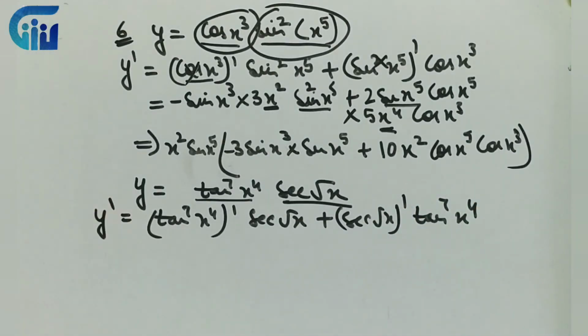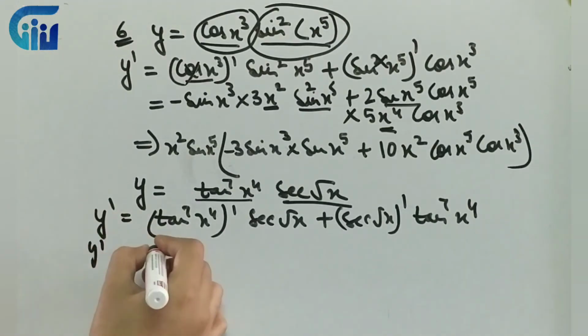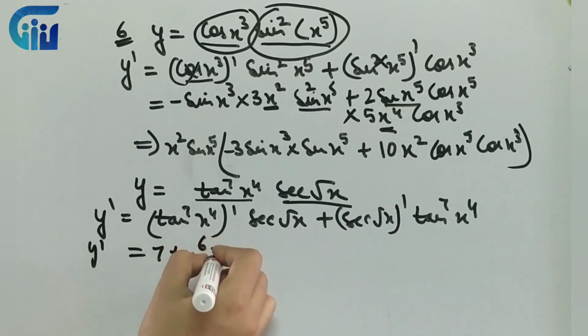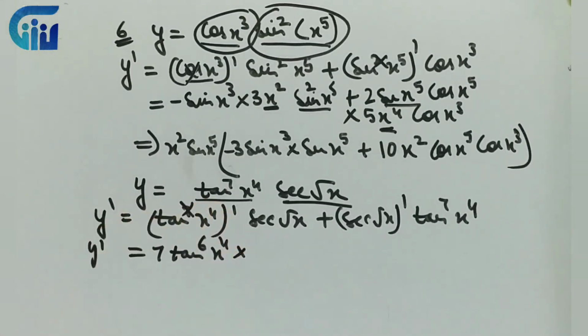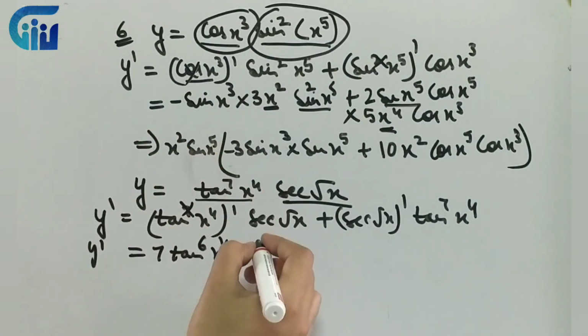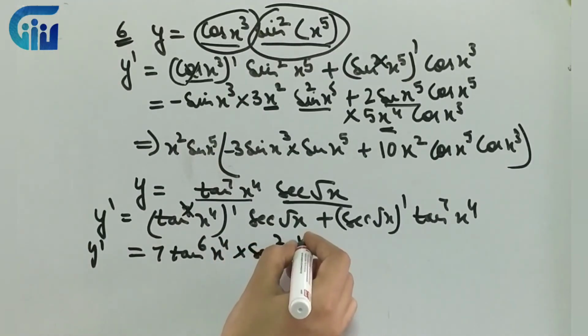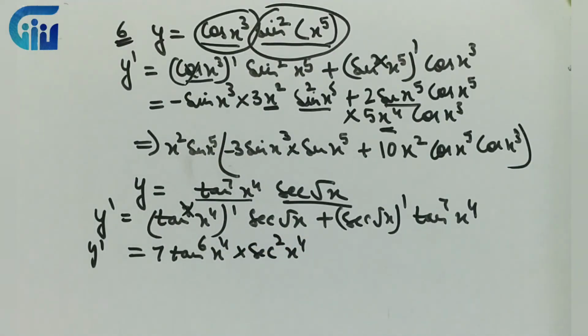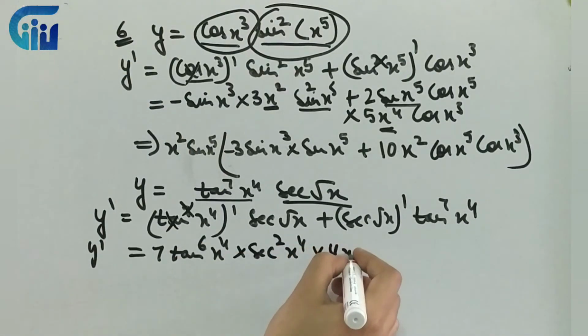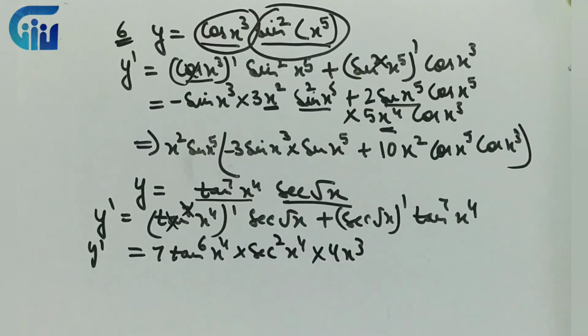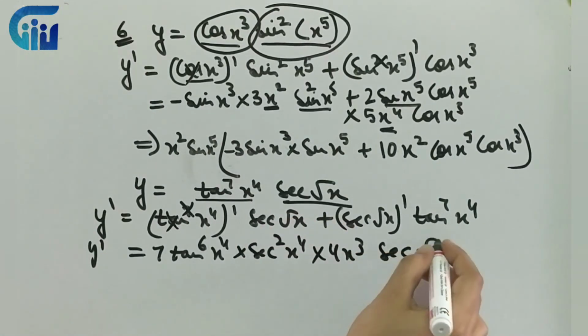अब if I observe the first function, अब इसका derivative करना है, तो इसके derivative में will I apply chain rule? Yes, because I have a power, I have a function and I have an angle, right? So what is the whole power? 7. So I will just differentiate it as 7 tan 6x4. So power का हो गया. Then function tan theta. So what is the derivative? Sec square x4. So power हो गया, function हो गया. Then what is the angle? Angle is x4, so it will be 4x cube. So we have differentiated this whole. This I'll write as it is over here.